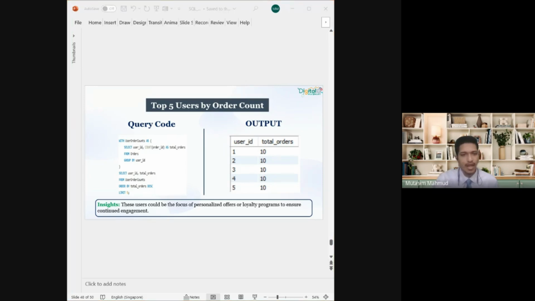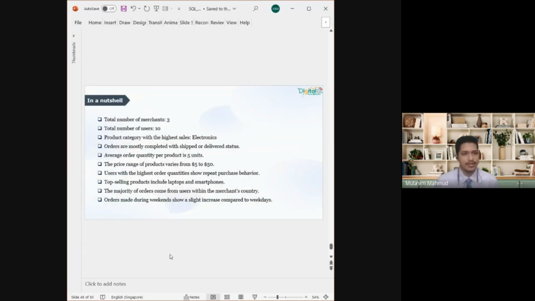In a nutshell, we see that our total number of merchants is 3 and the total number of users is 10. The product category with the highest sales is electronics, and orders are mostly completed with shipped or delivered status. The average order quantity per product is 5 units, and the price range of products varies from $5 to $50. Users with the highest order quantity show repeat purchase behavior. The top-selling products include laptops and smartphones. The majority of orders come from users within the merchant's country, and orders made during weekends show a slight increase compared to weekdays. So my SQL project